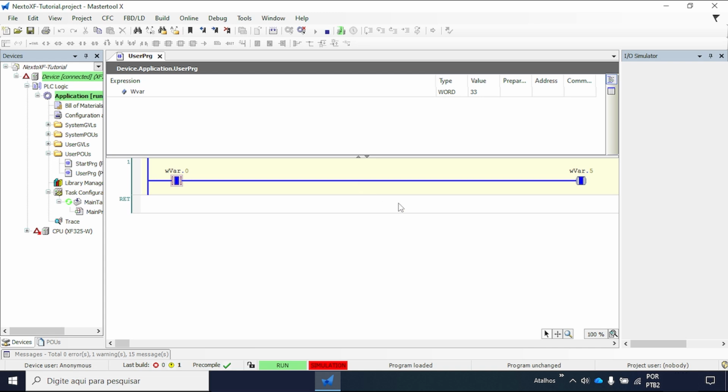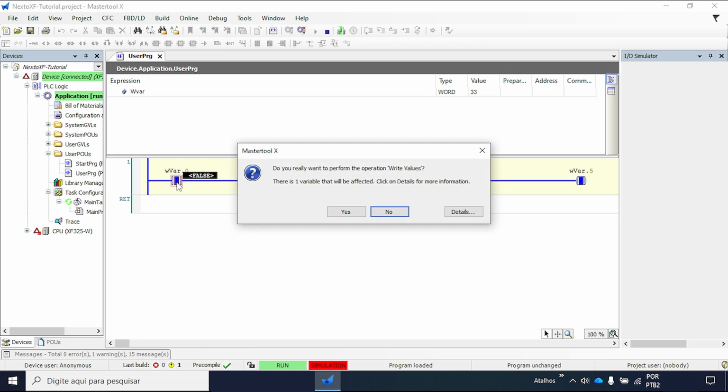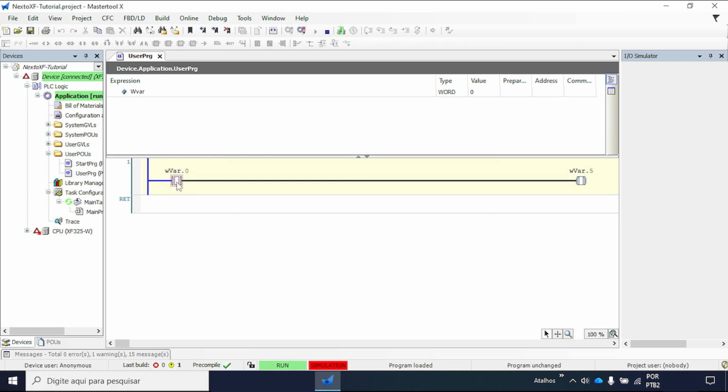This is how you can access individual bits within integer type variables, word variables, and other data types that support bit level access. The syntax is always the same: append the period and the bit number to the variable name. When I set the contact back to false, both bits turn off and the value returns to 0. And that's how bit access works for non-Boolean variables.